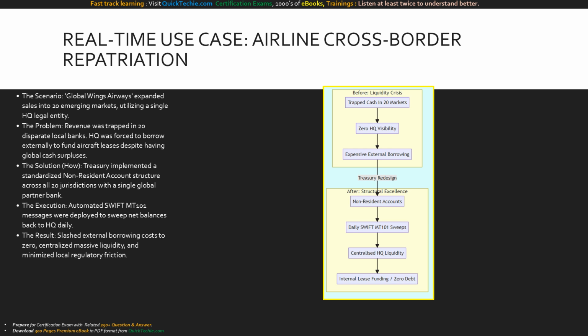Review this transformative flowchart. At the top, in the before state, we see the anatomy of a liquidity crisis. Trapped cash in 20 markets results in zero HQ visibility, which forces expensive external borrowing. This is a classic treasury failure. Now, follow the redesign arrow down to the after state, structural excellence. By deploying non-resident accounts linked to daily Swift MT101 sweeps, the airline achieves centralized HQ liquidity. This liquidity feeds directly into internal lease funding, dropping external debt to zero. This use case proves that intelligent account structuring is not just an administrative task, it is a profound driver of